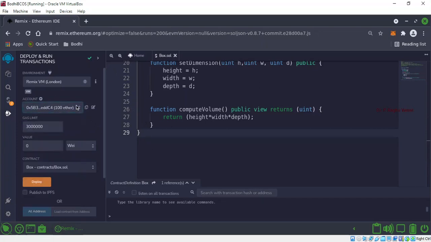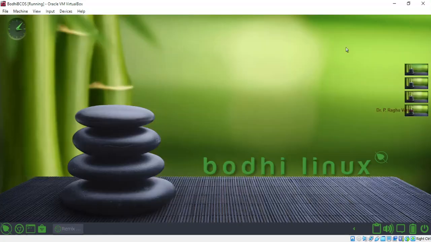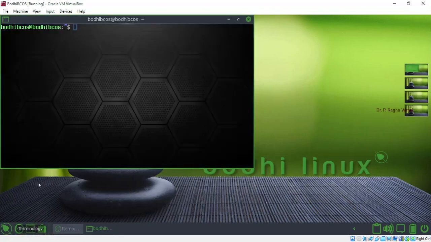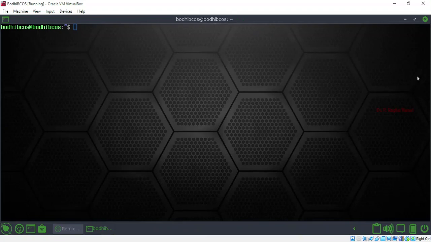But if you are running the smart contract on the local environment, then how to do that? To do this, you have the options. There are several options available. The first option is to make use of the test RPC: sudo apt-get install ethereum-test RPC. So this particular command will install the test RPC,